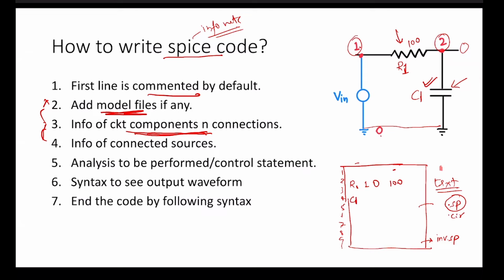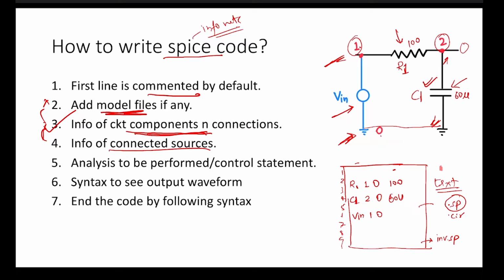Next, C1, connected between 2 and 0, and the value, suppose I'm giving 60 micro. So 60 U. For micro, we use U. So the 2 components are already written, so the third step is over. Fourth, info regarding the connected source. There is one input source connected. I will write in a similar way: Vin connected between 1 and 0, and